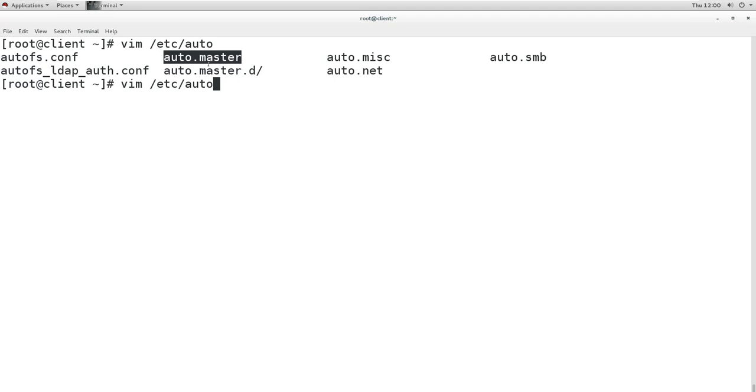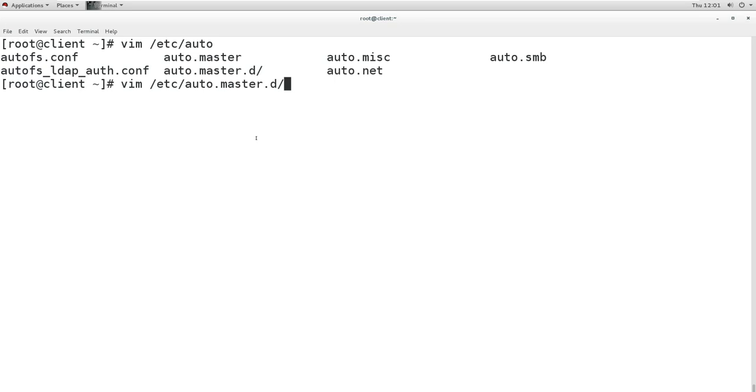So if we don't want to lose our configuration with updates, then what we do, we can create our separate configuration file, a master mapping file, under this directory. So we can go to this directory and create our own master file. In this directory we don't have any file, so here we will create the file which we can use for our configuration. It will be our main mapping file.